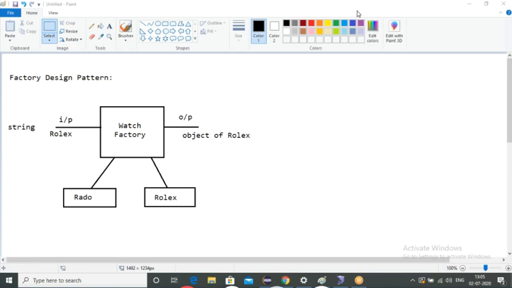You can write the sentence properly: and produces an object as an output.